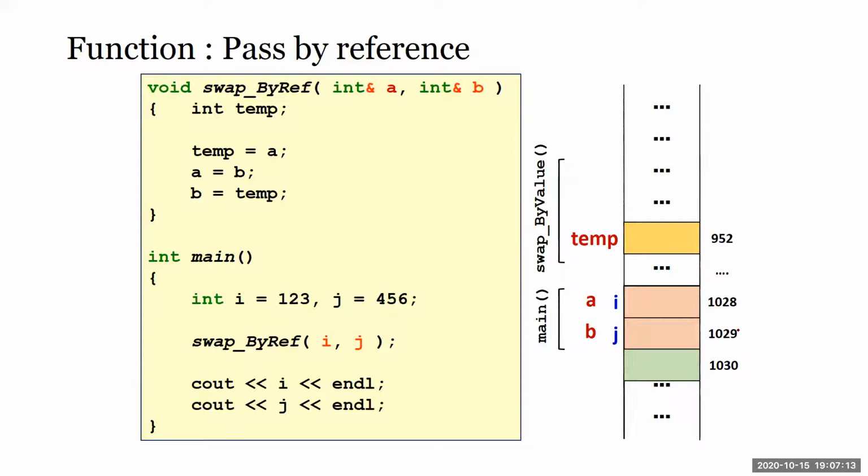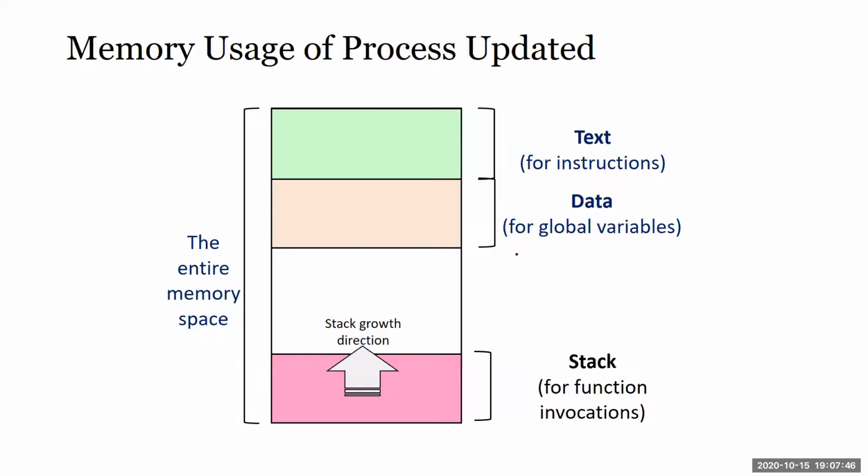So pass by reference looks like a pointer, but the interesting thing is if you ask for the address of A and B, it will be the same address as I and J. So during compile time, no pointer actually is created. Okay, what happens is that the variables are mapped into the same memory location. So you can go and test it out. Inside your pass by reference, you go and print the address of A and B. Okay, it will be the same as the address of I and J. Which is how it happens in memory.